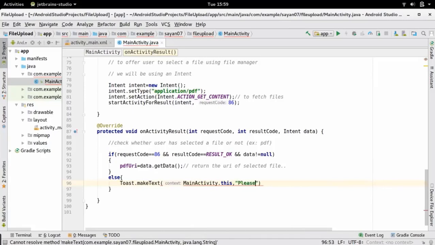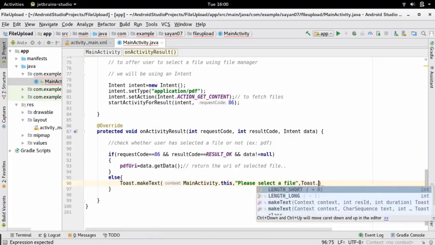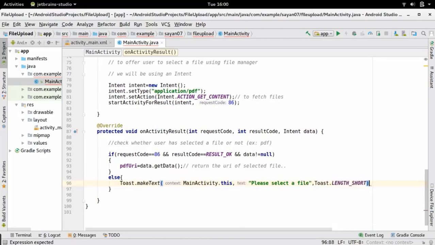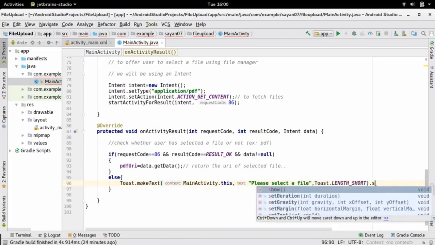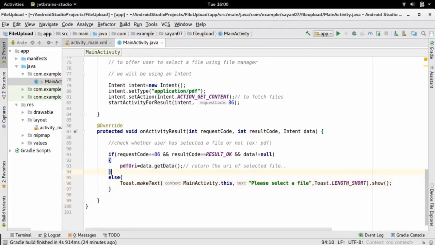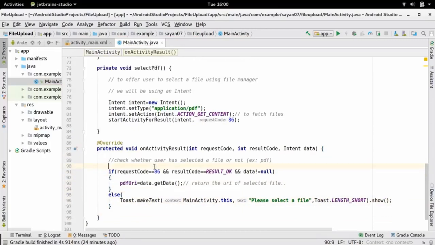So if he doesn't select a file, we are going to show, "Please select a file." The third parameter will be the duration, let it be Length short, and finally call the show method to display the message. So our task is done up to this.